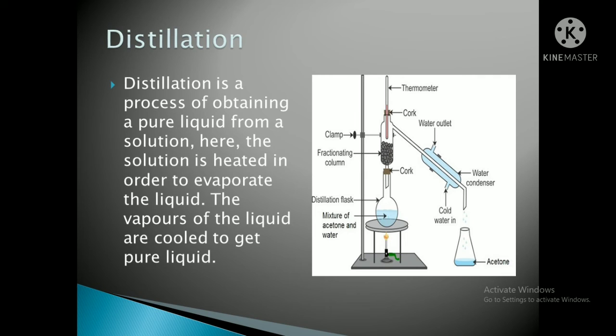Here what happened? Why is this condenser put there? Because one side water will be out, one side water will be in, cold water will be in there. You can see the arrow sign, no? This is here to keep that funnel, means that tube, cold. The water will go up and down because one side is heated up, isn't it? Here we know acetone will also heat up and water will also heat up. So now how will we know which one has been collected there?